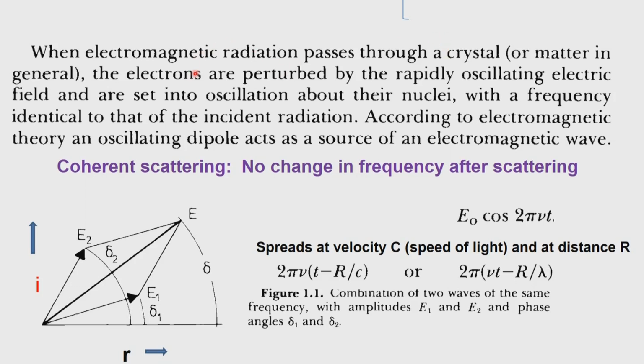As we discussed so far, the electrons are the ones which are perturbed, disturbed by the rapidly oscillating electric field. Since these electrons are connected to the nuclei, the nucleus and the electron density get disturbed in such a way that there is a displacement of the positive and negative charges, and this displacement causes a dipole. This dipole oscillates with the incoming radiation, and therefore it emits its own radiation. We have already made an assumption that it is coherent scattering, so there is no change in the frequency after the scattering experiment is done.